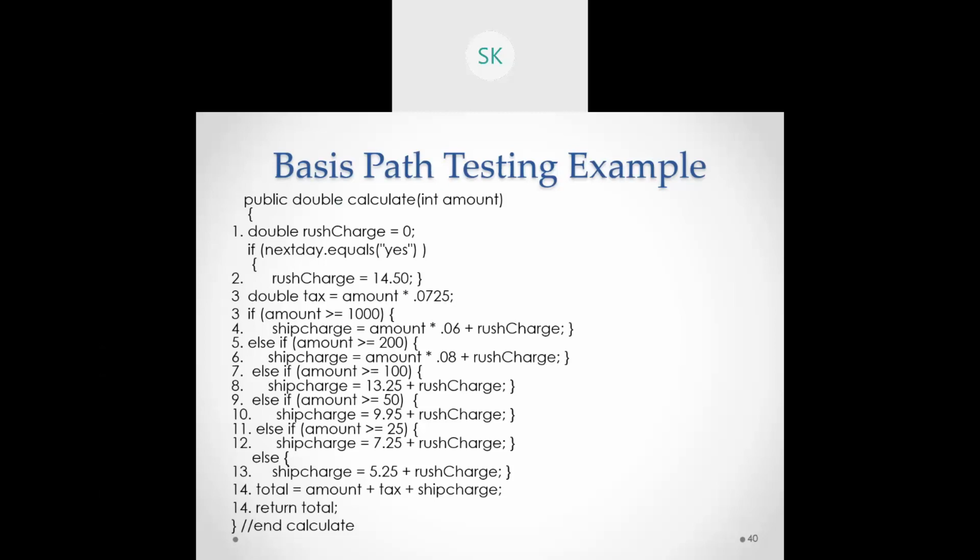the store person will charge some minimum amount with respect to it. Just because of it, you will have the rush charge. Okay, so it is given with respect to the rush charge, followed by tax, which also you need to calculate. I just left that out. So the first statement is your if statement. If the if statement is true, then the second statement will be executed. Then it will go to the third statement.